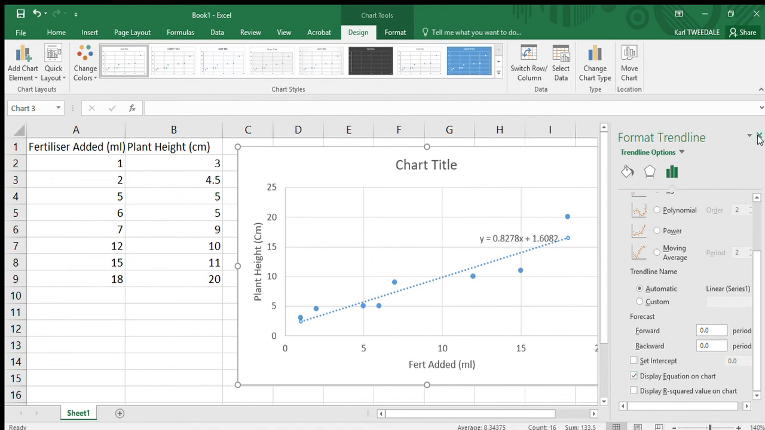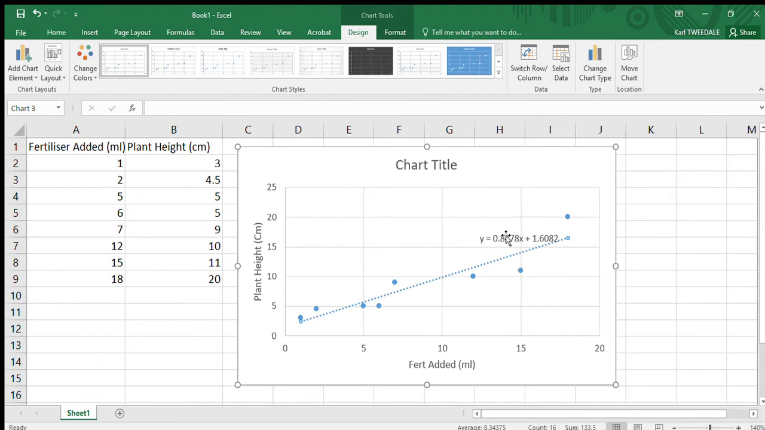So we do this. Now, when we close this down, this equation, what does it mean? It means this is the line of best fit, or the line of least squares regression. What we can deduce from this is for every 1 milliliter of fertilizer we add, our plants will be 0.8278 centimeters higher. If we don't add any fertilizer at all, our plant should be approximately 1.6 centimeters